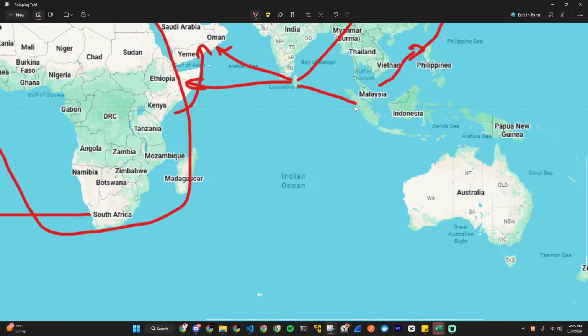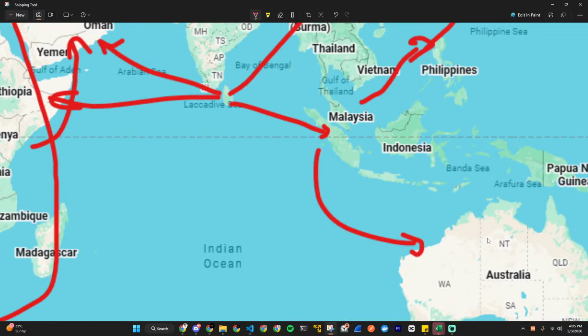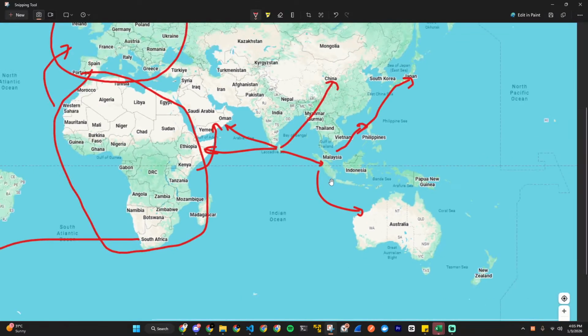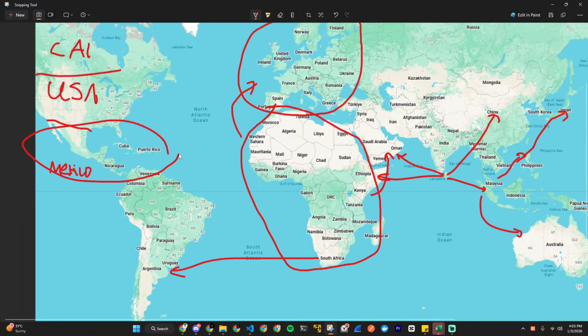So I would say it would probably reach whatever this place is. I think it's Malaysia, and then to Australia from there. So yeah, this is basically how trade works, I guess. And you see over here, this is South America right here. So this is Cuba is all part of